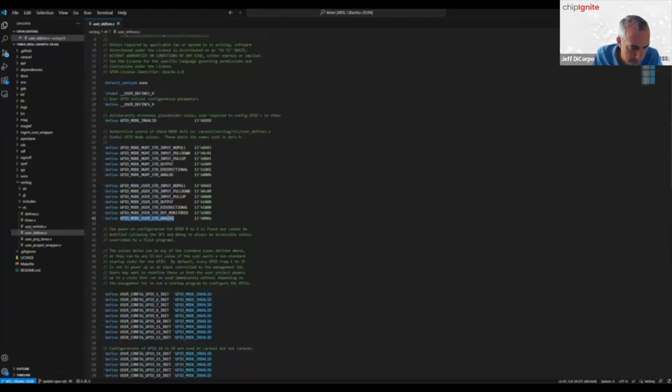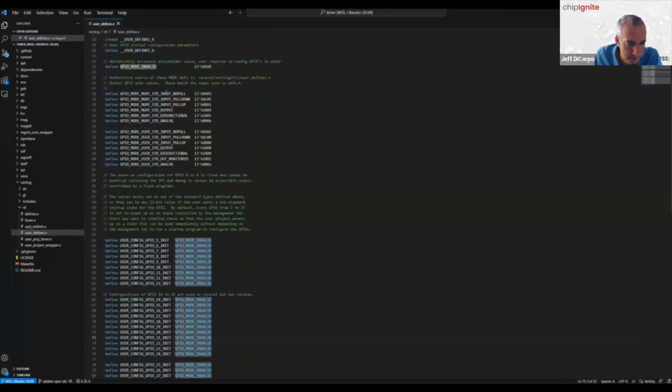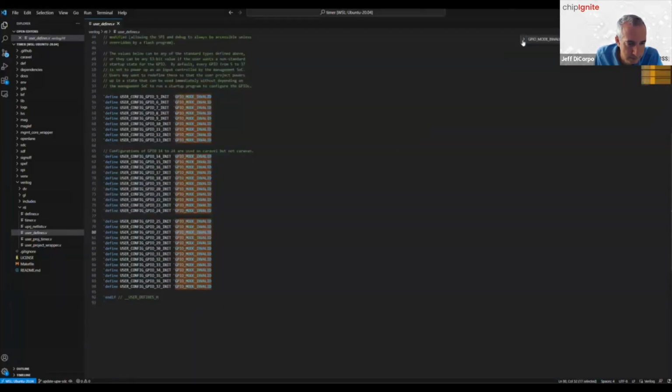For digital inputs, termination can be set to either pull up, pull down, or none. GPIOs can also be set up for analog mode. So we are going to scroll down to the GPIOs we're interested in. In our RTL, we use the GPIOs from 27 to 37 as outputs. So we need to define those as